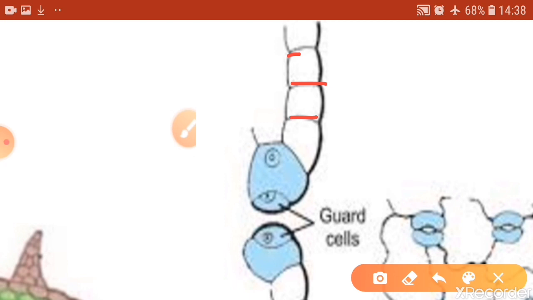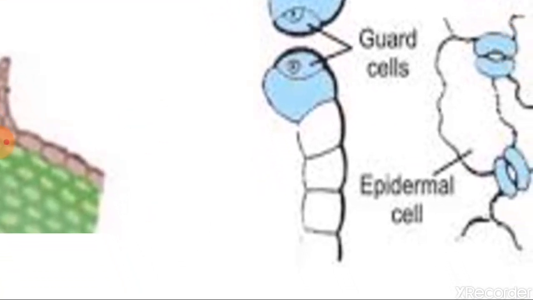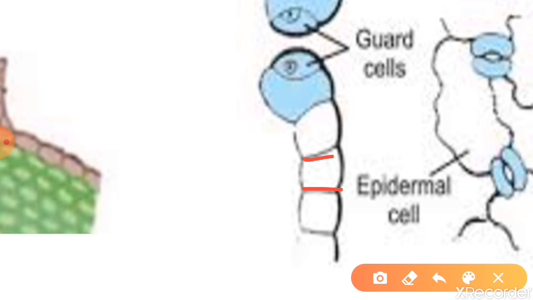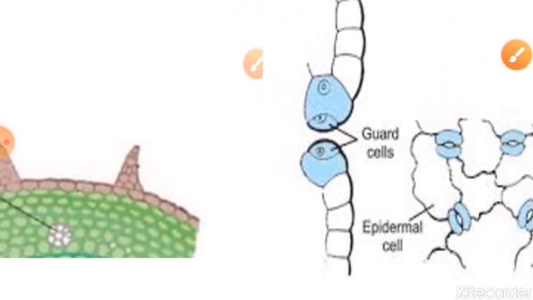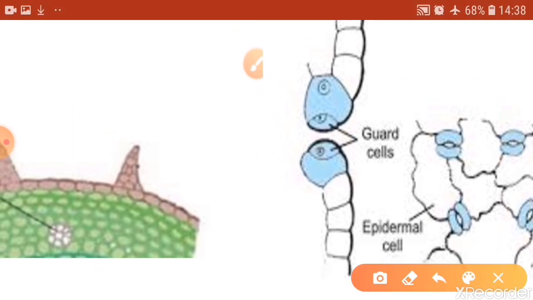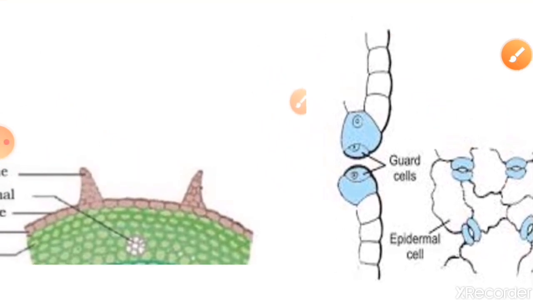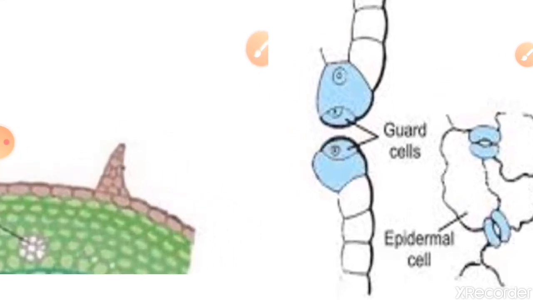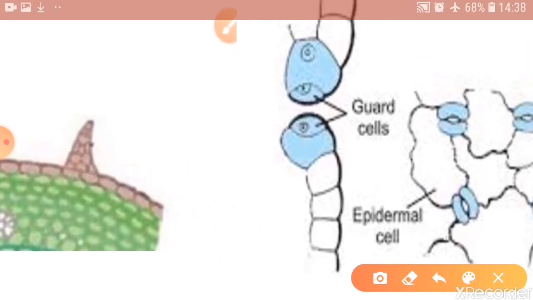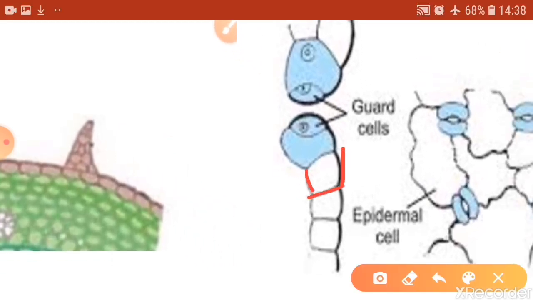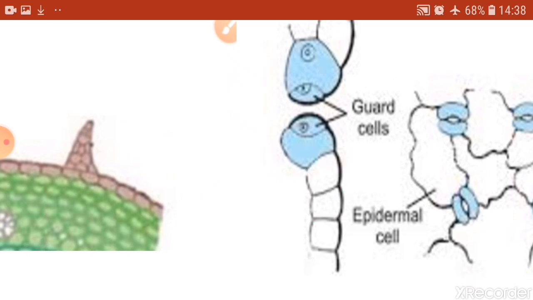Because of this you find that the cells of the epidermis are compactly packed without any intercellular spaces. There are no spaces present between the cells, and that enables the epidermis to carry out its most important function, that is protection. Now the cells of the epidermis are living cells and they are generally flat. So they are flattened cells. They are parenchymatous in nature.